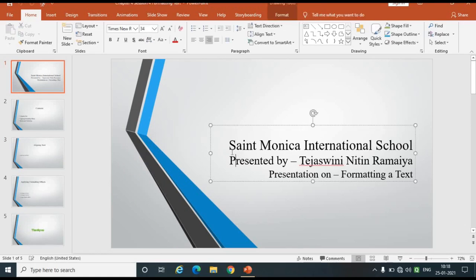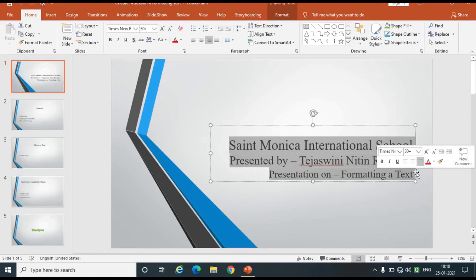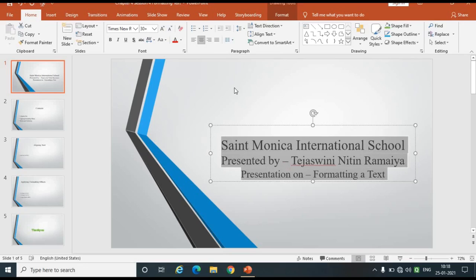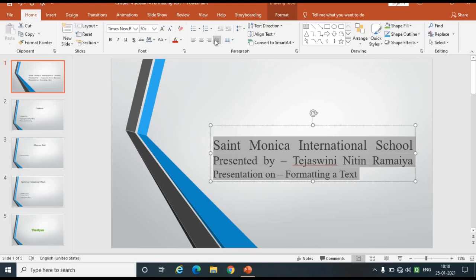Now I want to align this text in various positions. Suppose now it is in right alignment, and I want to align it to left. This one is a left alignment, then center. But for aligning a text, first I have to select the text. These are the 4 ways in which we can align our text.